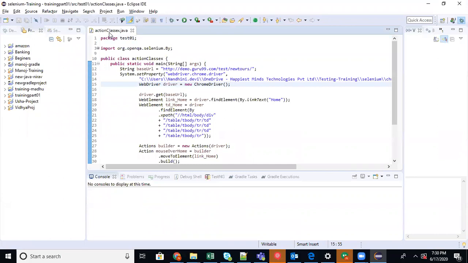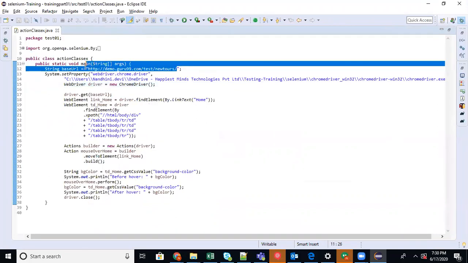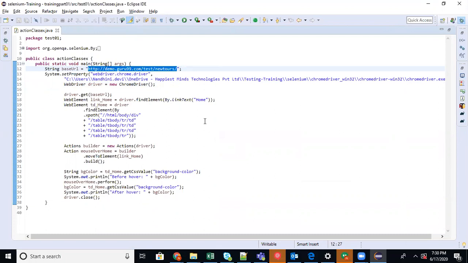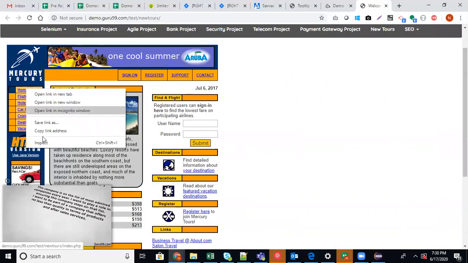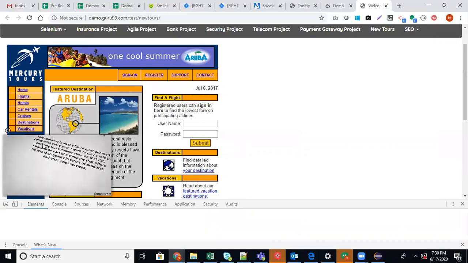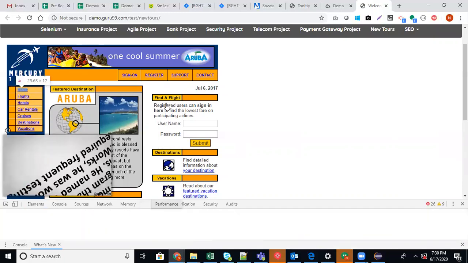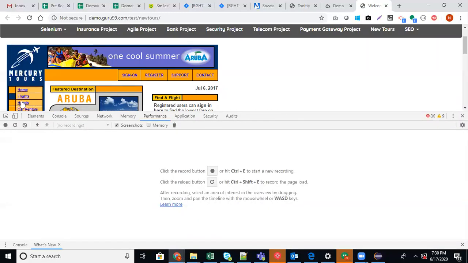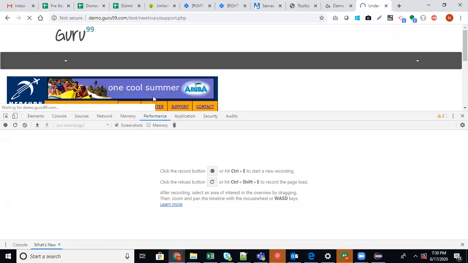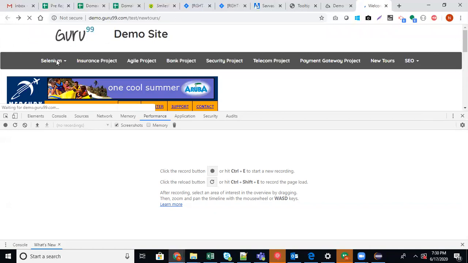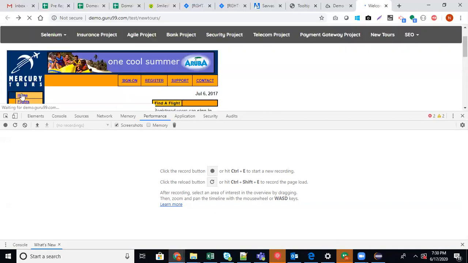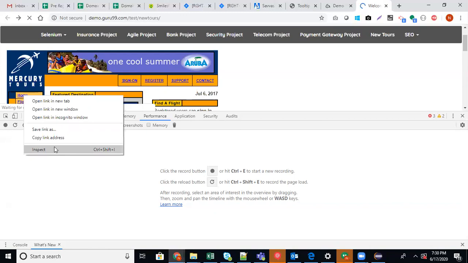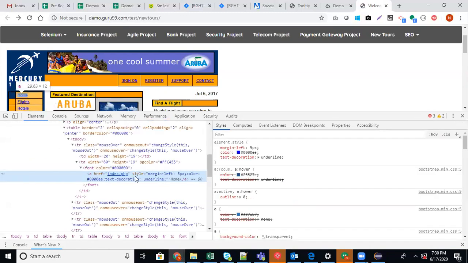Now see, this is the URL. I just launched the URL and took the home link. You can right click on this web element and inspect it.